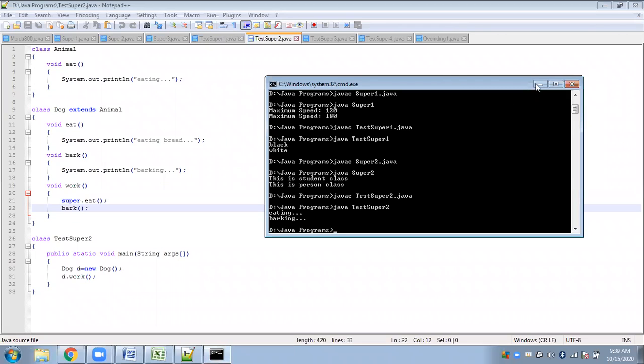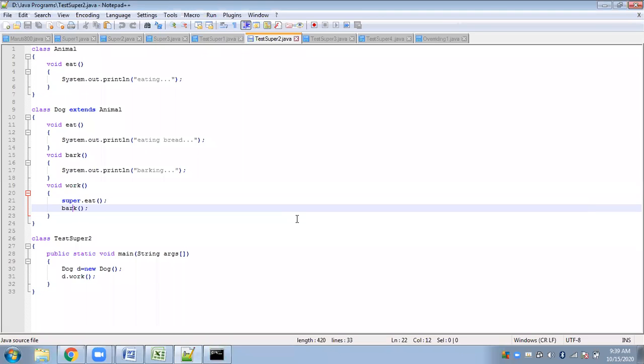Okay, is it clear till here? Are you understanding how we can invoke the parent class methods and instance variables using the super keyword? Yes, ma'am. It is the same. Okay, next